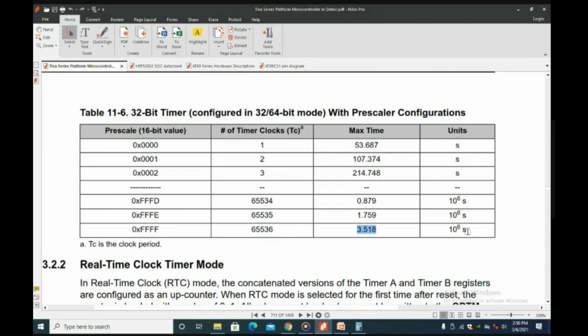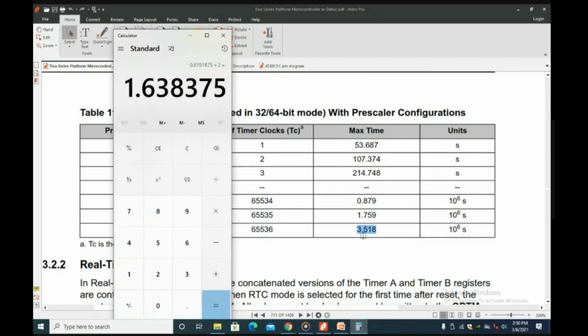So the timer can produce a nanosecond time delay, or microsecond, or millisecond time delay, or it can produce a time delay up to a few days. You see 10 power 6 seconds, just this you have to celebrate. 10 power 6 means what? 10 into 1, 2, 3, 4, 5, 6 seconds. When it is minutes, what? Minutes means divided by 60, so this many minutes. Hours means divided by 60 again, so this many hours.